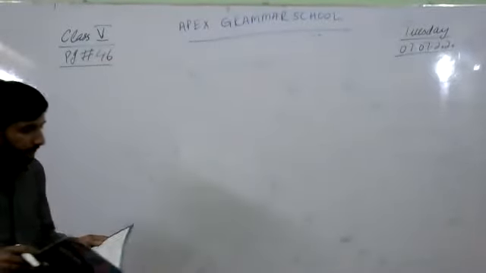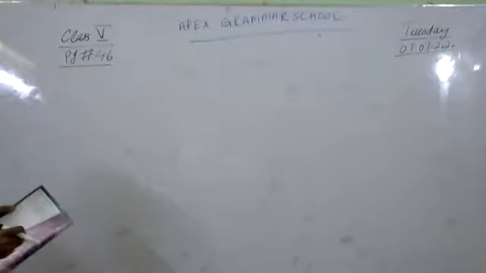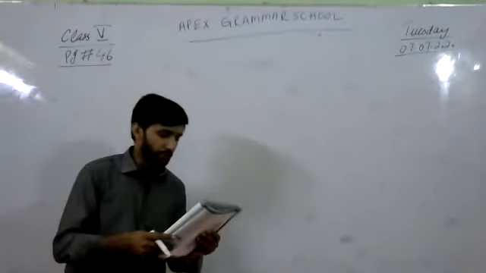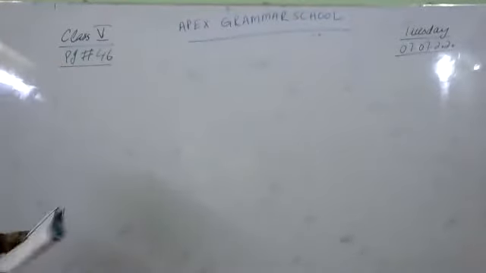As you know, our multiplication topic is in process. Now we have to start multiplying two-digit numbers with each other. So let's start page number 46, question number 1. If it is feasible to solve this question in your book, then you can solve it. Otherwise, you have to solve it in your copy. It's your own choice.